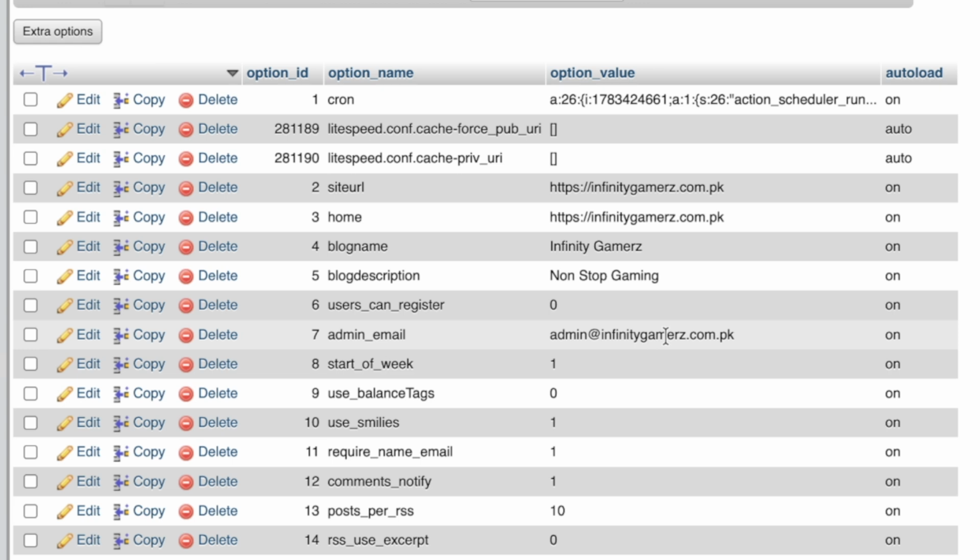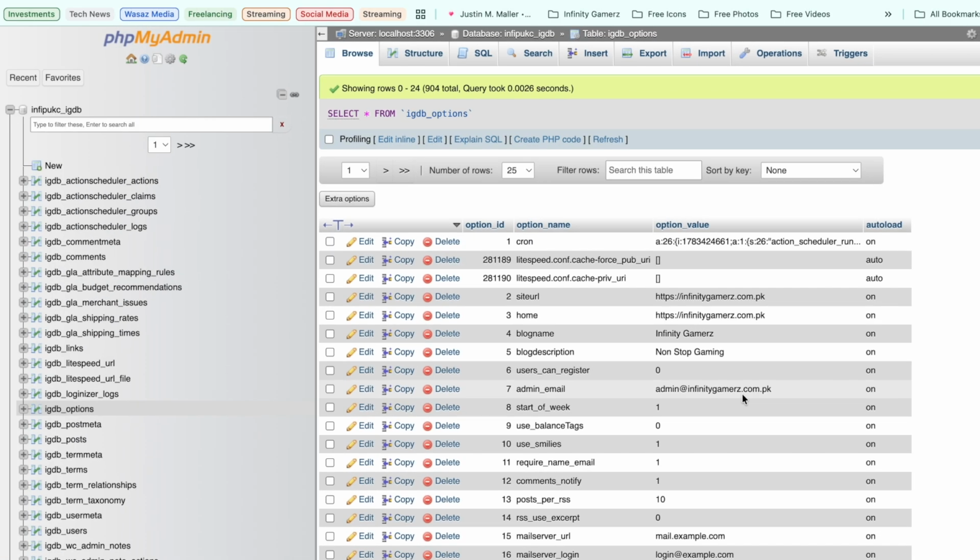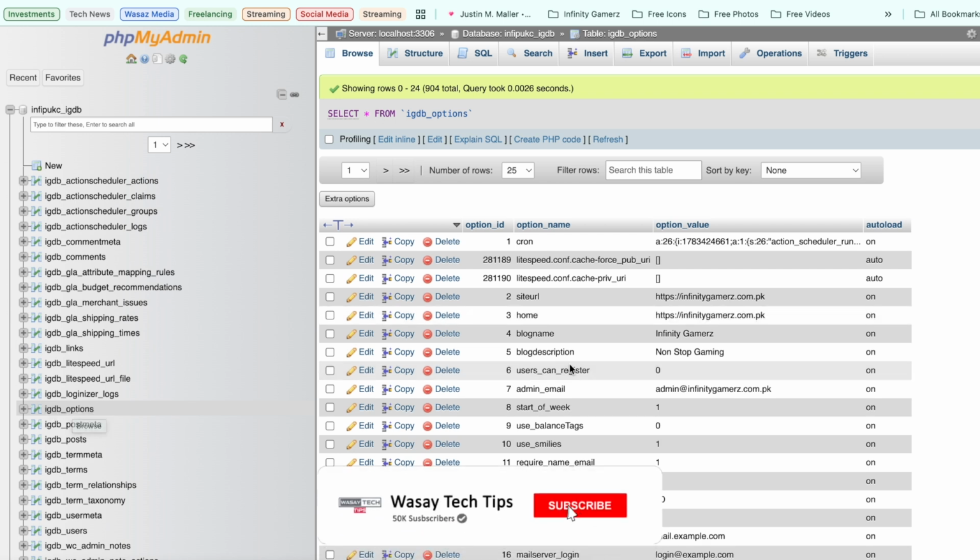So before you do any changes, I should tell you that you cannot undo the changes once done. So make sure you do the correct changes. Like if you delete any data, you cannot recover it. So be very careful. Again, first of all, make sure you have selected the correct database according to your wp-config file. Then you have selected the table ending with underscore options, and then we will only change the admin email